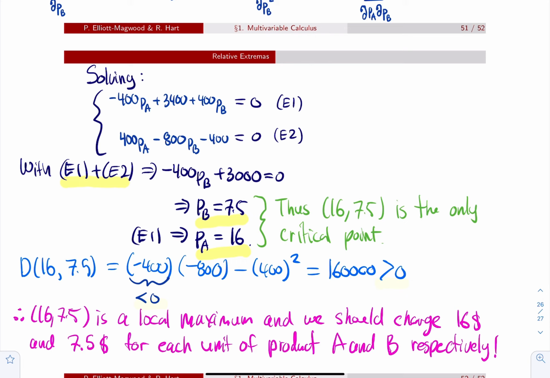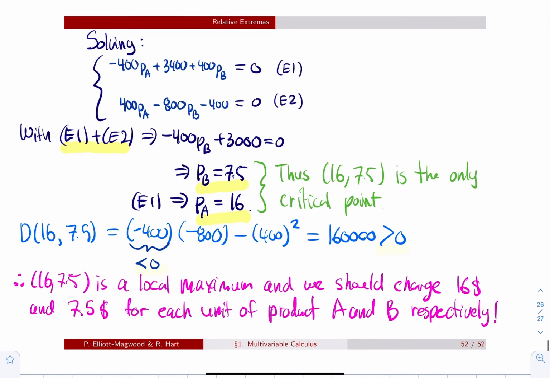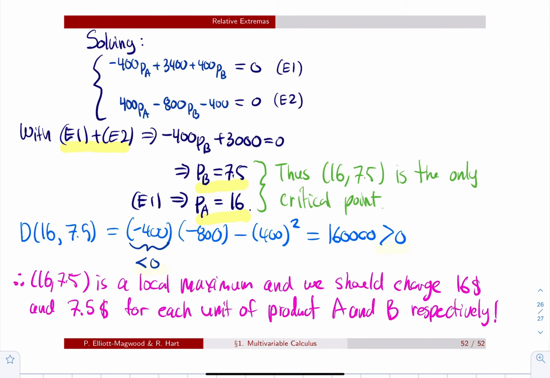If you compute the D number, minus 400 times minus 800 minus 400 squared, you can verify that this number is strictly bigger than 0, so it's a min or a max. And because the second order partial derivative del P over del PA squared is minus 400, which is negative,